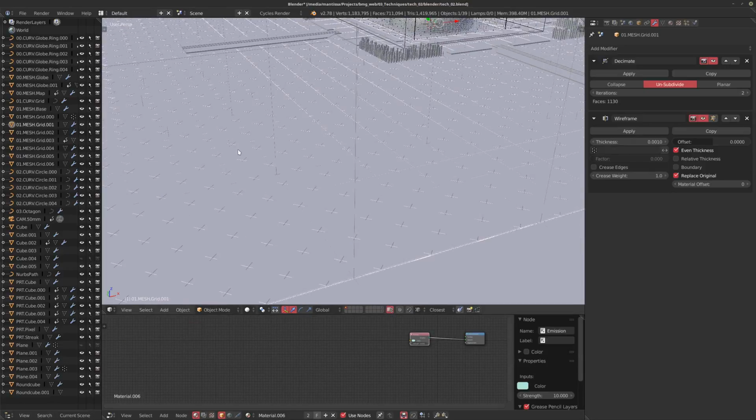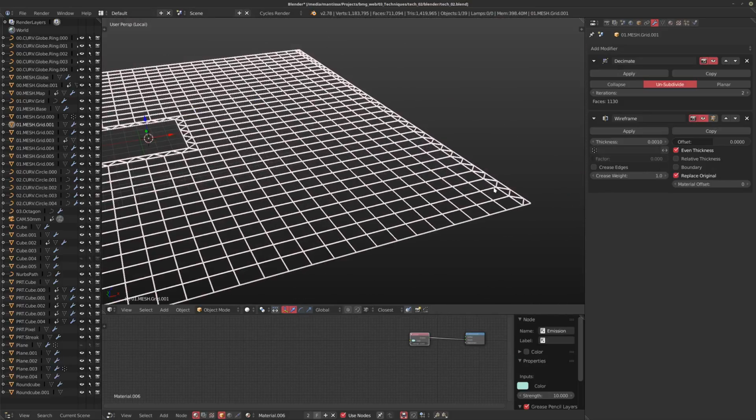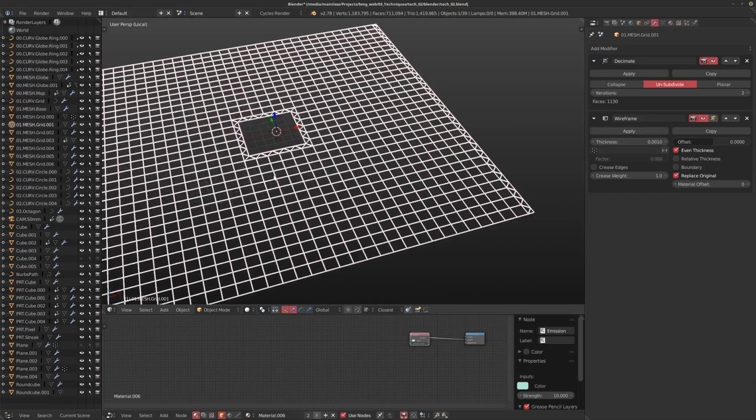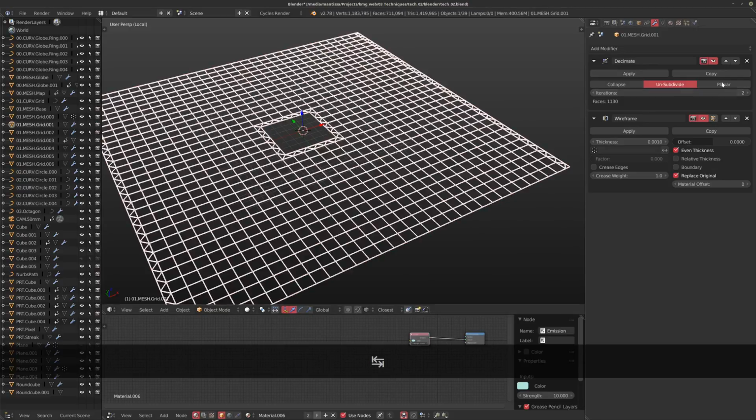Then let's see the second grid. So just a regular grid, and these are really not in the camera view, so I'm not too worried about them. This is another great trick actually, which I forgot to mention, is the decimate modifier can make